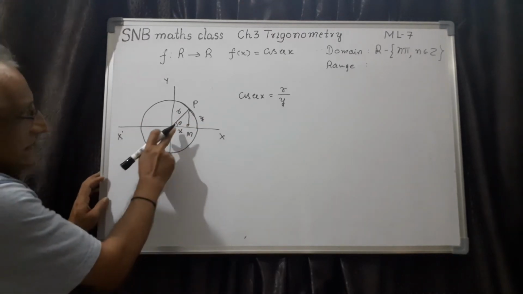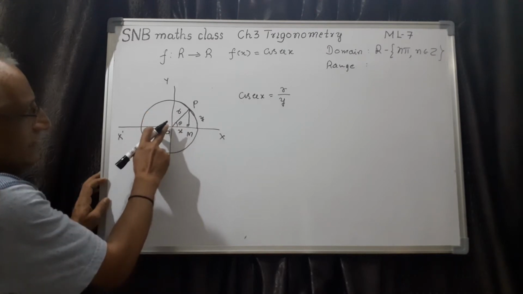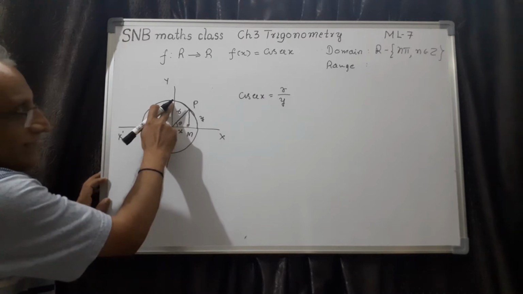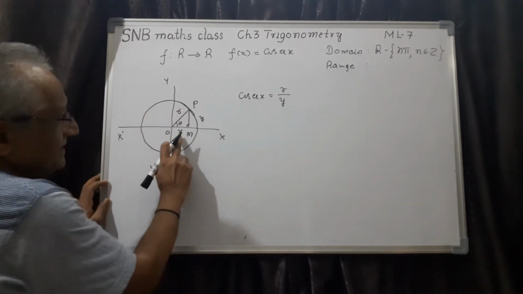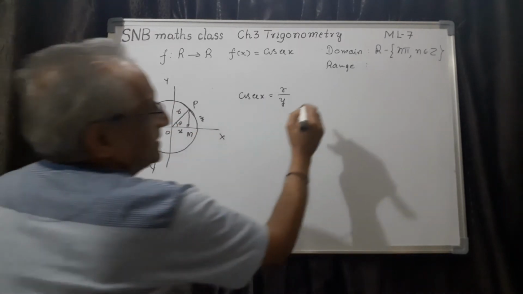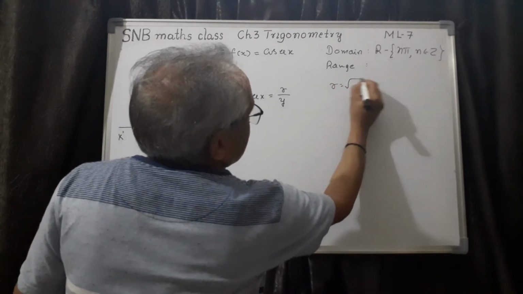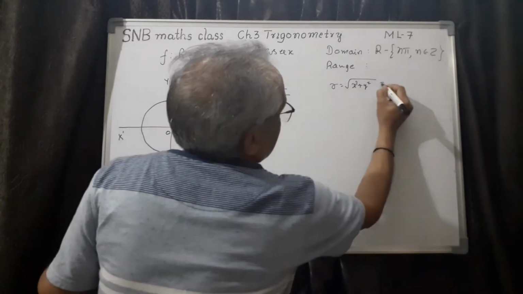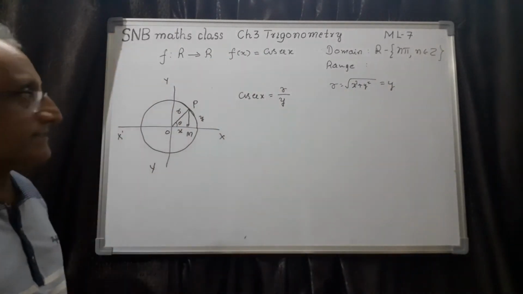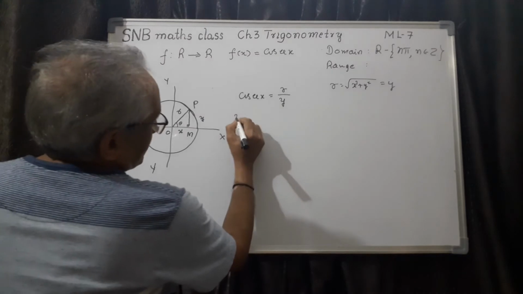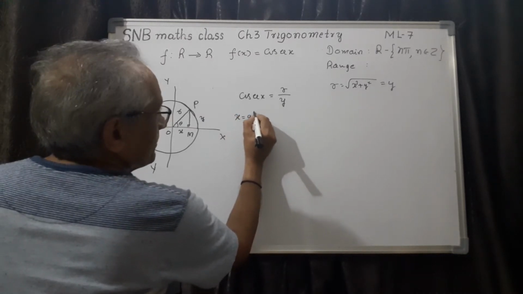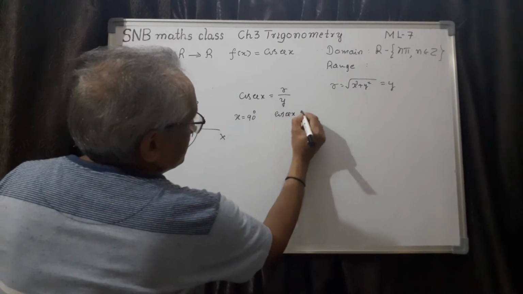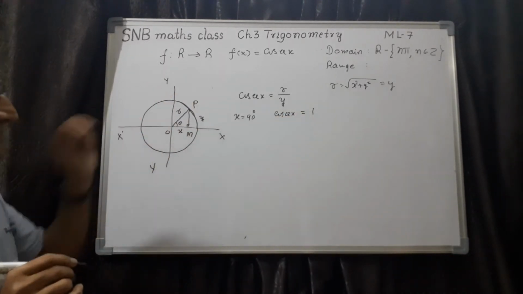Now when this theta becomes 90 degrees, meaning P will be on the y axis, what happens? So this x becomes 0. Now what is r actually? You have seen this already. r is the square root of x square plus y square. So when x becomes 0, r becomes y. I have shown this in the previous lesson. Therefore when x equals 90 degrees or pi by 2, both are one and the same, cosecant x will be 1. So this is one extreme case.